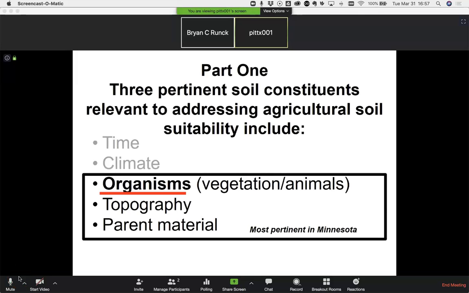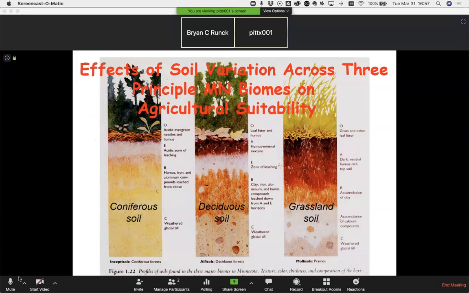Part one of this lecture, I'd like to talk about pertinent soil constituents relative to addressing agricultural soil suitability. And as I said earlier, these include organisms, mostly vegetation, topography associated with the soil, and parent material. Effects of soil variation across the three principal Minnesota biomes on agricultural suitability relate to soils associated with what was originally a coniferous forest, soils associated with what was originally deciduous forest, and soils associated with what was originally grassland,